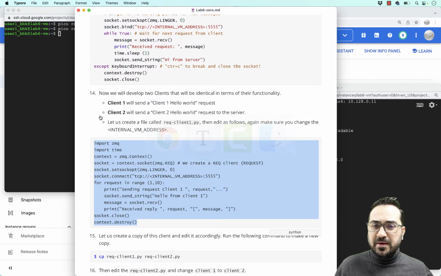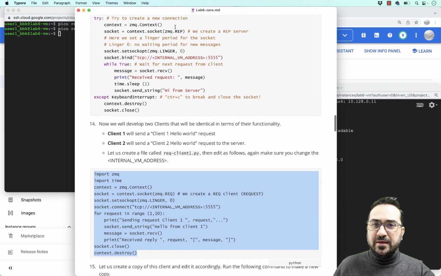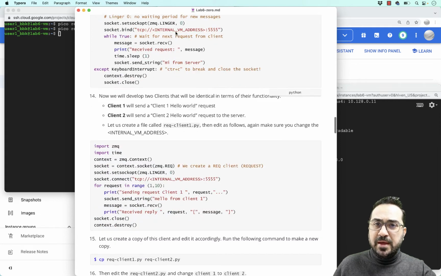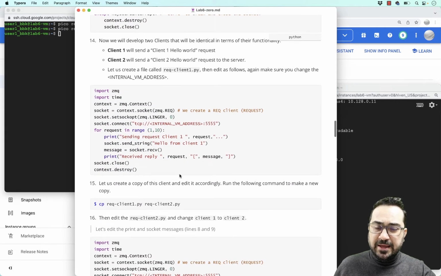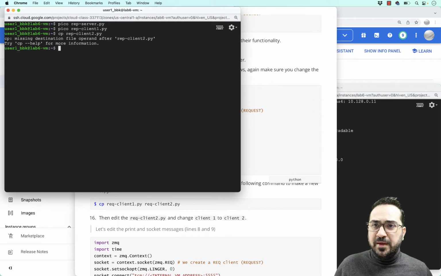Now, as you can see, if you go back to the tutorial, the server accepts connections in this kind of rep. Okay. And then the client, what it does, the client sends a message to the server and it says, you know, I'm client 1. All right. Okay, why don't we create another client? So let's make it client. In my case, I have client 1, I will make it client 2.